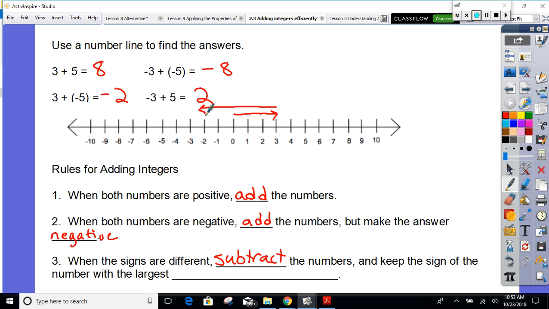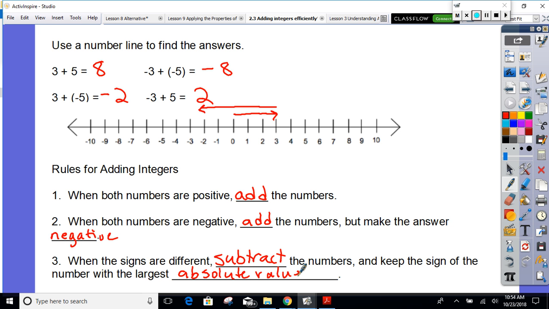Because this second arrow on top traveled all the distance of the first one plus another 2, and we have to figure out what the difference is. So that's why we subtract. We keep the sign of the number with the largest arrow or the largest absolute value. So the word that you want in here is absolute